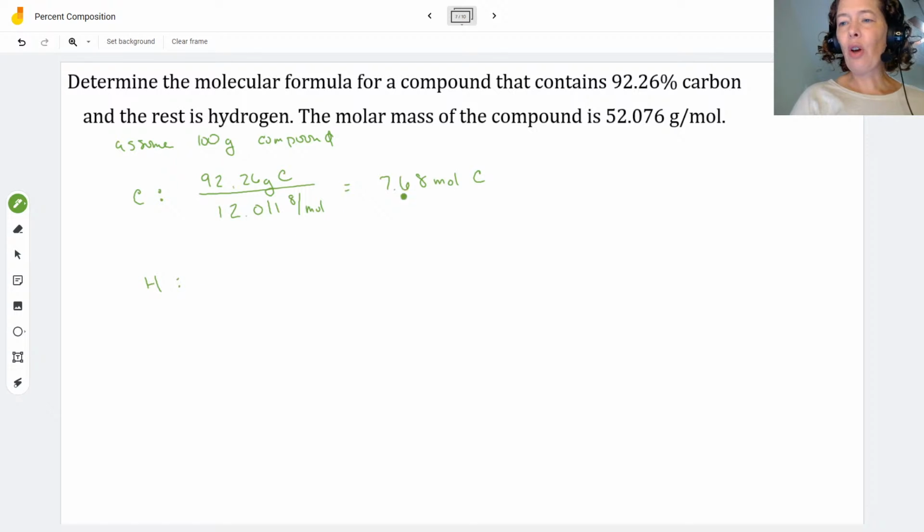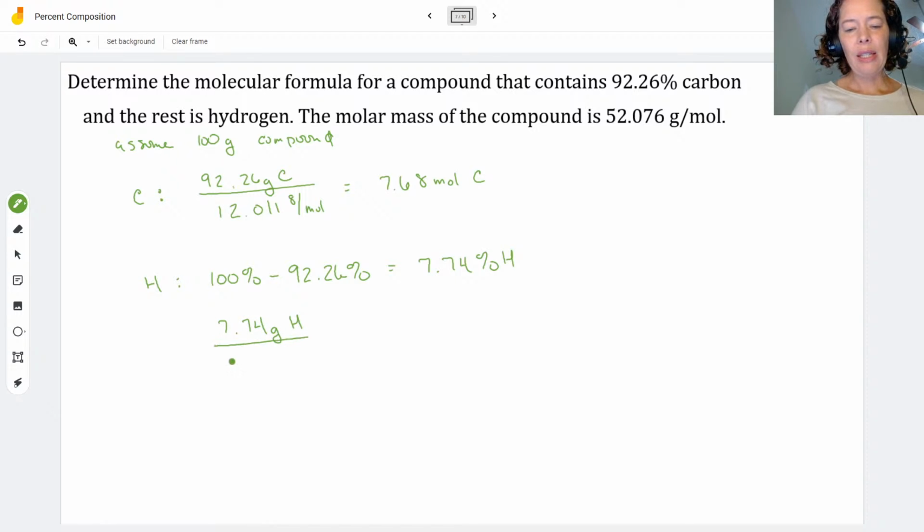So we need to calculate the percentage of hydrogen. We just know that the rest is hydrogen, but we don't know the percentage yet. So let's go ahead and calculate that. Again, this is very easy. It is simply going to be 100% minus 92.26%, which gives us 7.74% hydrogen. So again, assuming 100 grams of compound, that means I have 7.74 grams of hydrogen divided by my molar mass of hydrogen, grams per mole, which gives me